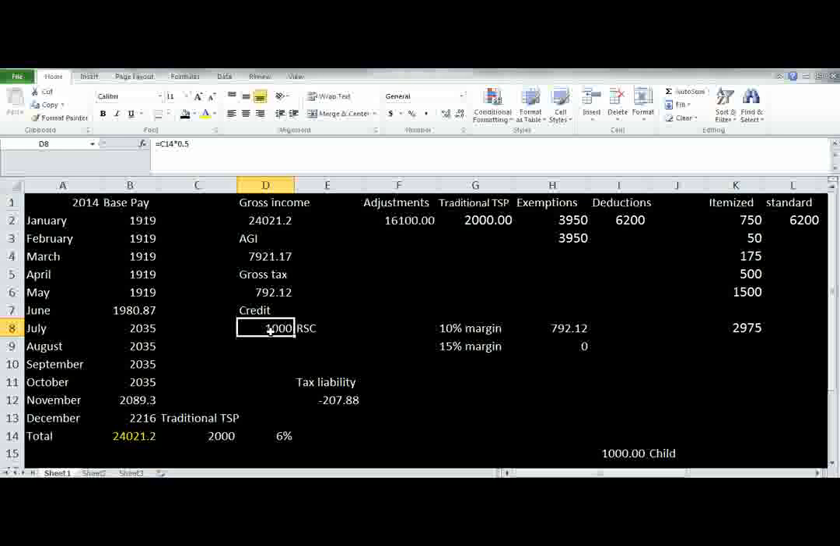You're not going to get this money back because you already have it. It's in your retirement, it's in your TSP, it's in your IRA, it's in your 401k, it's in whatever your retirement fund is. You already have it. You're not going to get this back. But